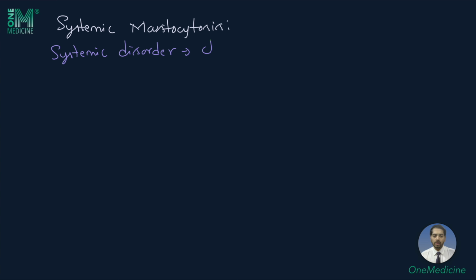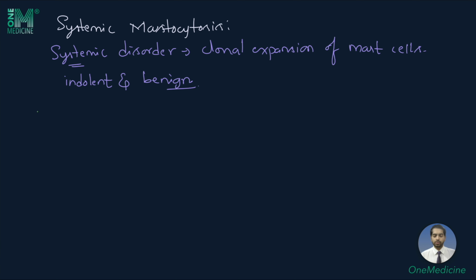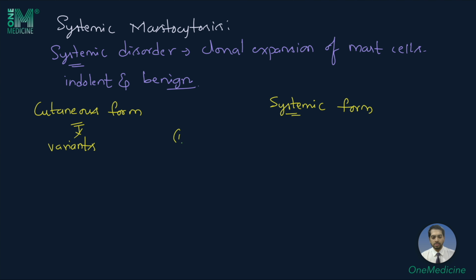The next topic is systemic mastocytosis. This is a systemic disorder due to the clonal expansion of mastocytes or mast cells. The disease is usually indolent and benign in most of the cases. Mastocytosis is divided into cutaneous form and systemic form. Cutaneous form has its own variants. Systemic form has 5 variants, which are indolent,